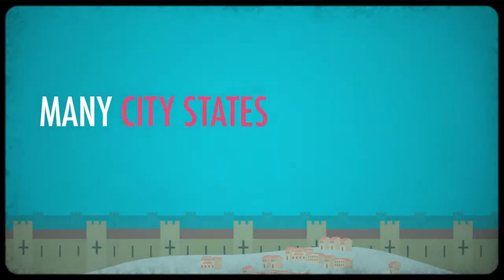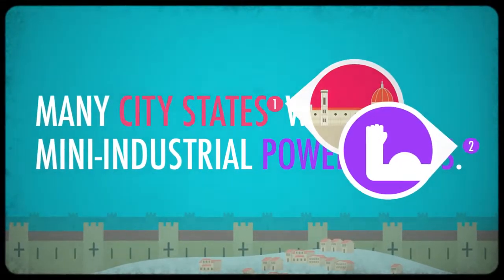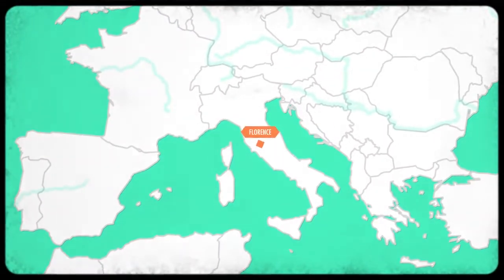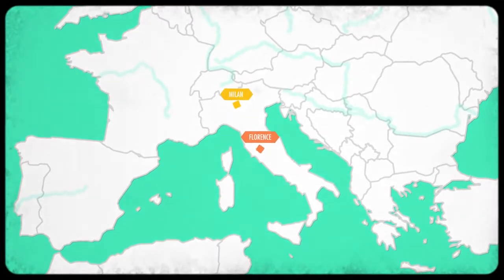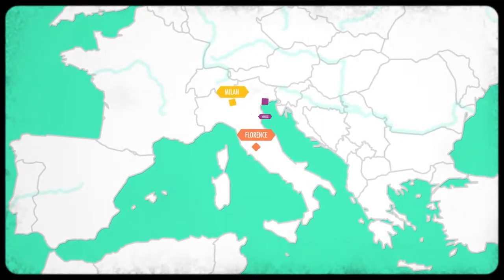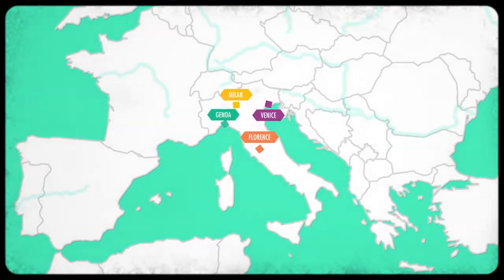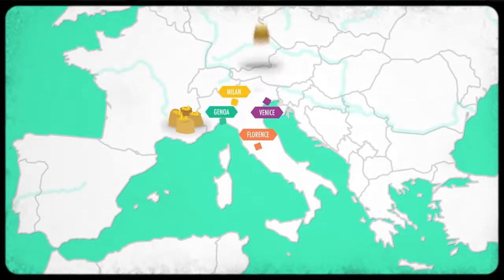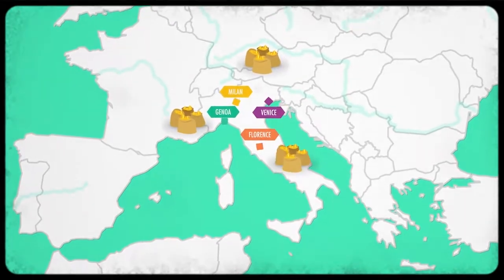First, many city-states were mini-industrial powerhouses, each specializing in a particular industrial product, like Florence made cloth, Milan made arms. Second, the cities of Venice and Genoa got stinking rich from trade. Genoa turned out a fair number of top-notch sailors, like, for instance, Christopher Columbus, but the Venetians became the richest